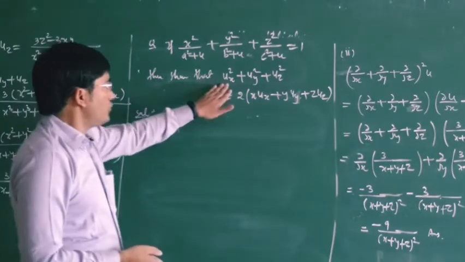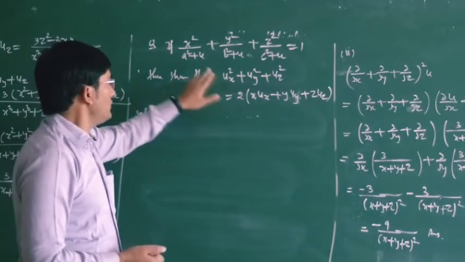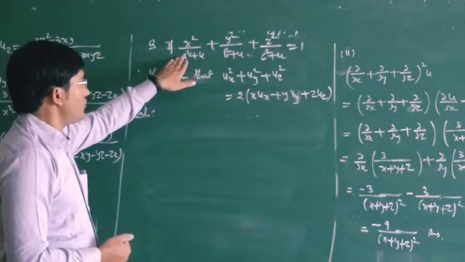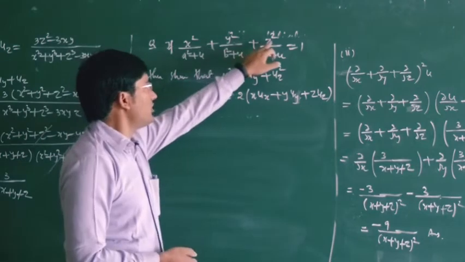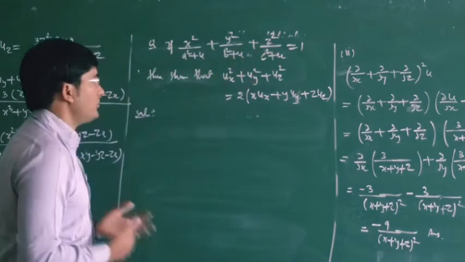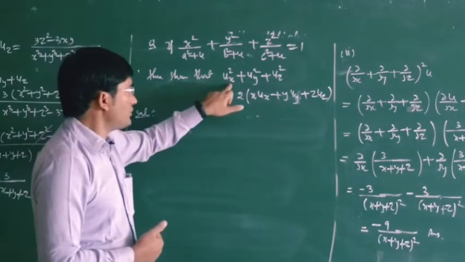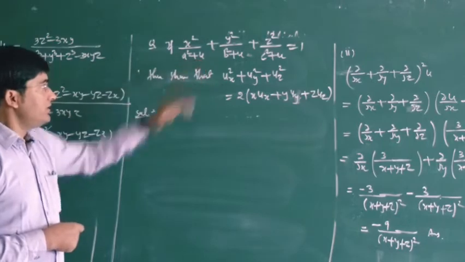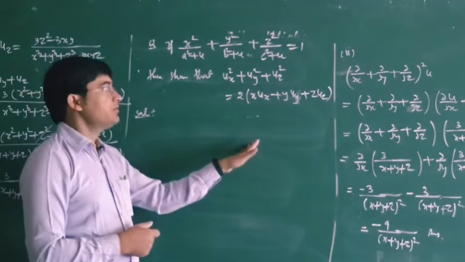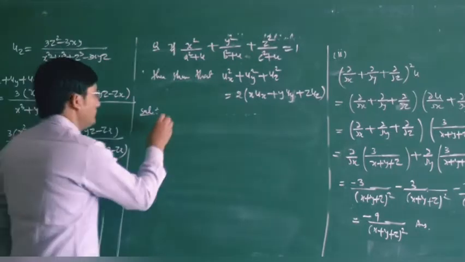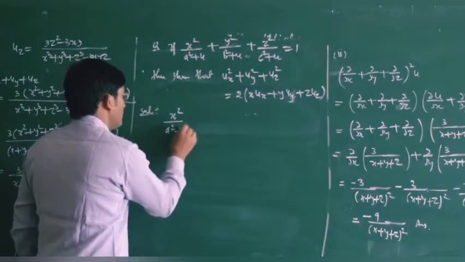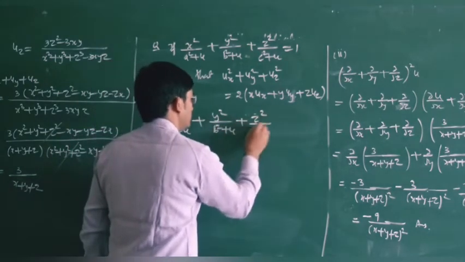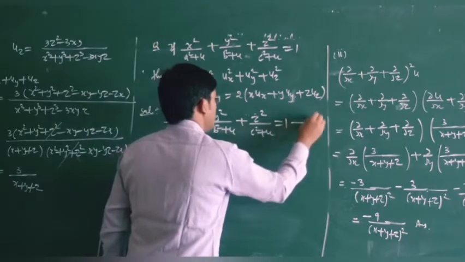Here you can see that we have to differentiate this equation with respect to x. Now, as we have 4 variables, one is x, another is y, then we have z, and finally we have u, and we have to differentiate u with respect to x, y and z. So we can say that our u is a function of x, y and z, where my x, y and z are independent to each other. So the first equation is, this is your equation. Say this is equation number 1.